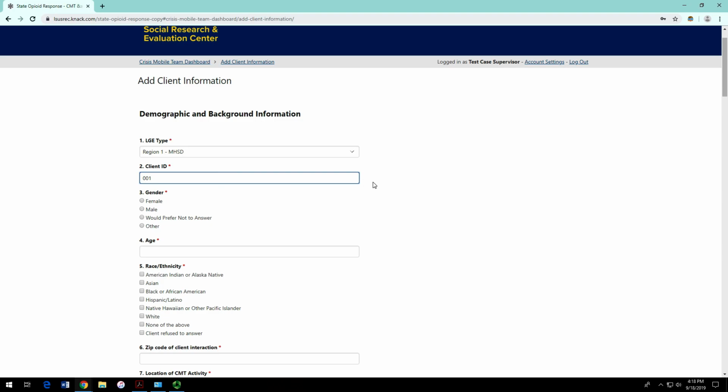So assuming that this one is 1D, I would put 1D. So again, it's client number 001. The site code is 1D. Next, you'll enter a date, an 8-digit date field, which will be recorded as 2